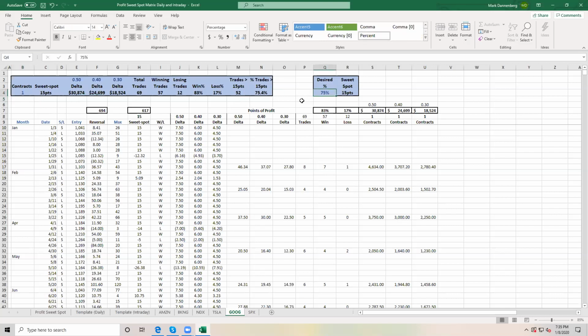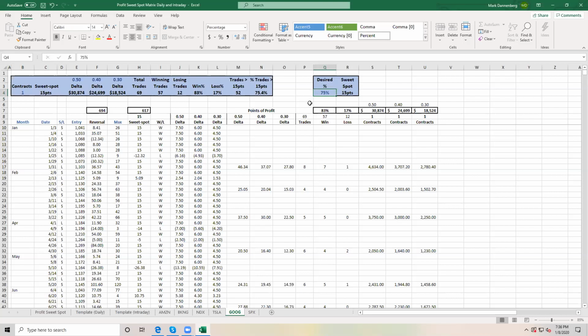We have this category here that you can key in what percentage win you really want to achieve. So a lot of traders talk about win-loss ratio, and the first thing people ask is, well, what's your win-loss ratio? And they use that to measure. Well, we're going to allow you to choose what win-loss ratio you want. And because we have all this historical data in here, you can change that. If you're not comfortable with a 75% win-loss ratio, meaning you're going to lose 25% of the time, well, you can change it.